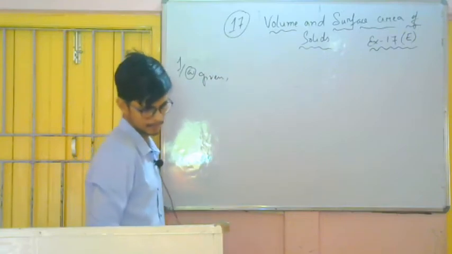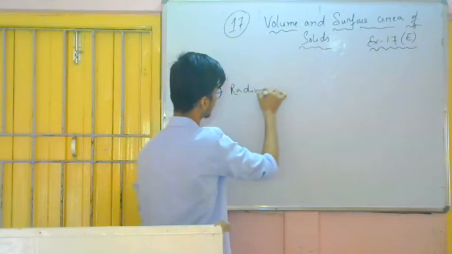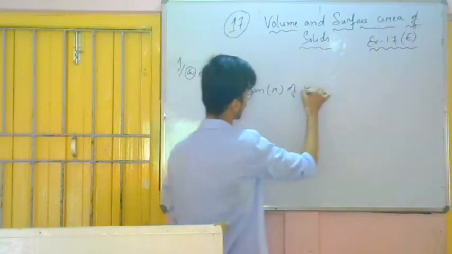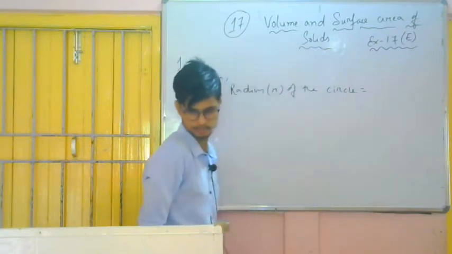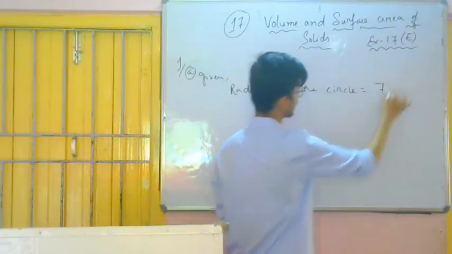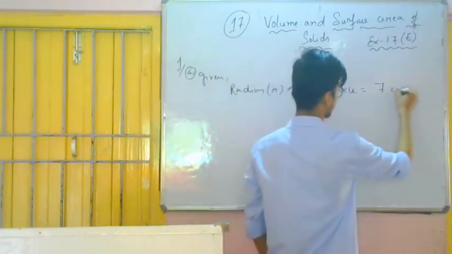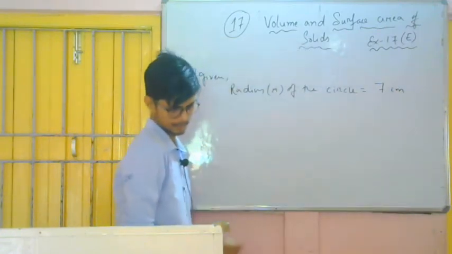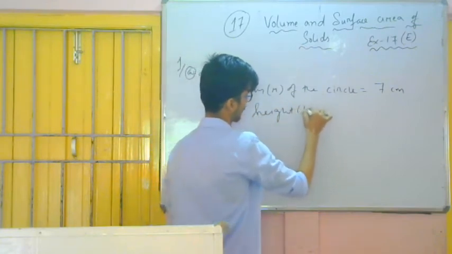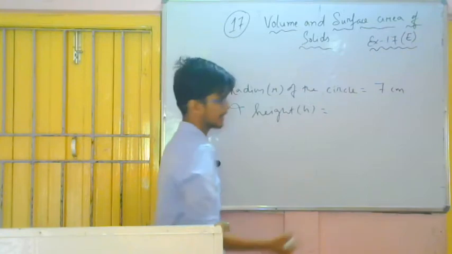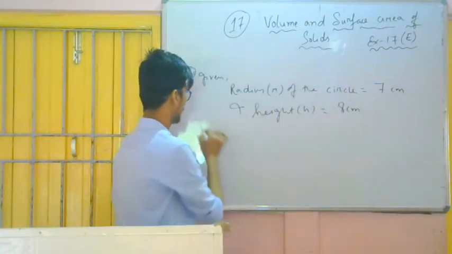Given the radius r of the circle is equal to 7 centimeter, and height h equals 8 centimeter. The question is to find the volume. Therefore,